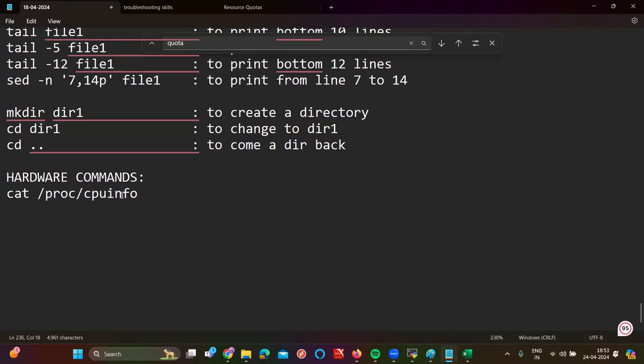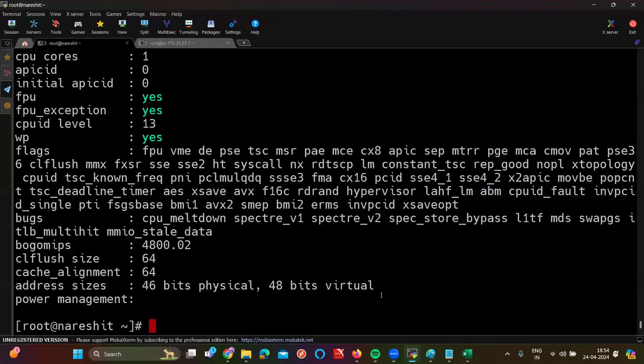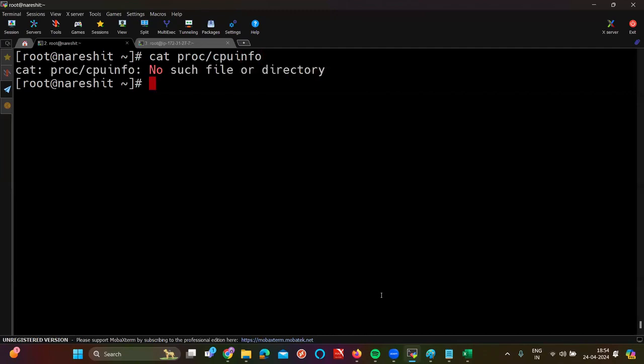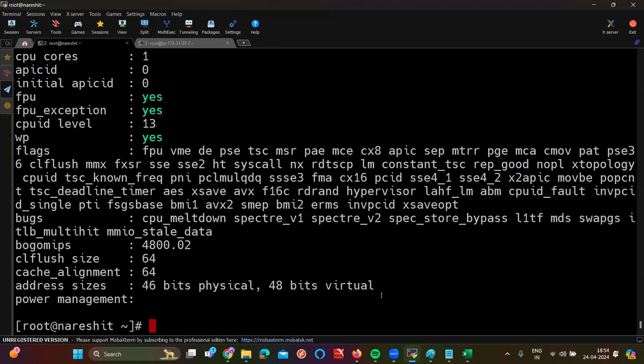And what a lot of people will do in practice, they don't use the slash. If you don't use the slash, you won't get the output. Let me show you. I am clearing the screen. cat proc cpuinfo. The command is the same, but what is missing there? Are you getting the output? No. If you don't use the slash, you won't get the output. But if I put the slash, will I get the output now? Yes. So remember, all of you people will make the same mistake.